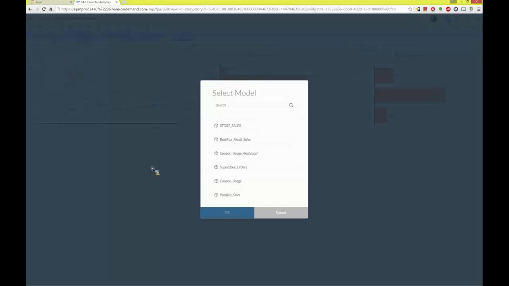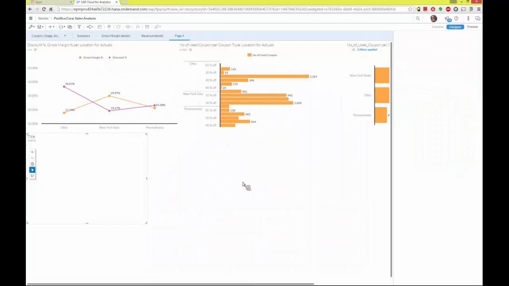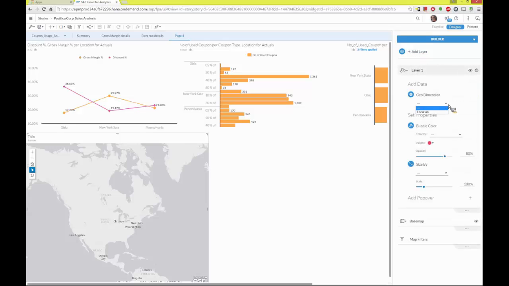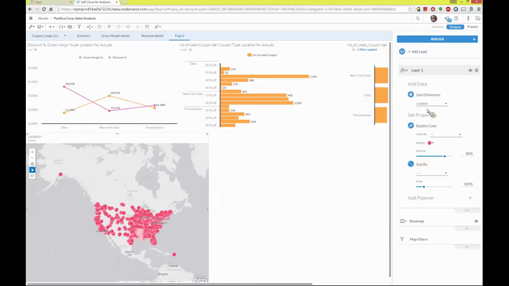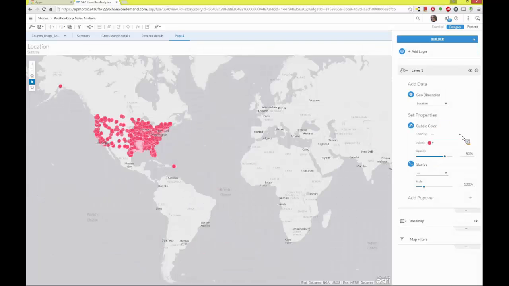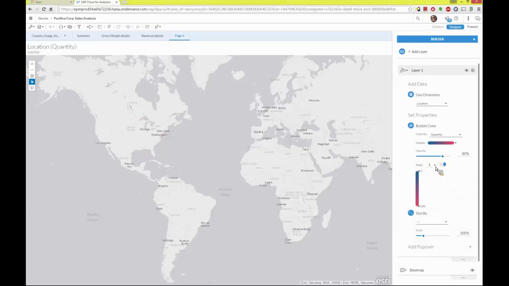Let me add this to my story as well, so we can make that more available. And let's add one more thing here. Let's add a geospatial map. Let's make this off of another data set, and let's grow the size of this. I just want to show you quickly some of the geospatial capabilities that we're able to add in a particular story. So let's add a layer here. Because I chose this particular data set, it is geospatial enabled. And so if I choose location, that geospatially aware dimension, we can already see it starts to provide the values on the map.